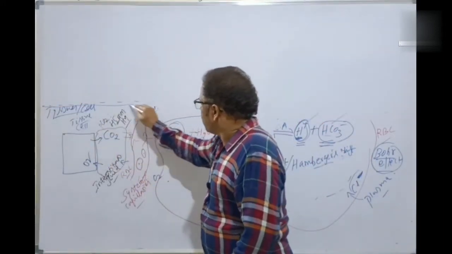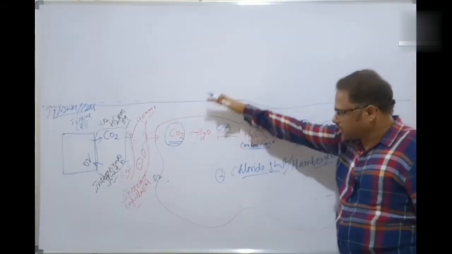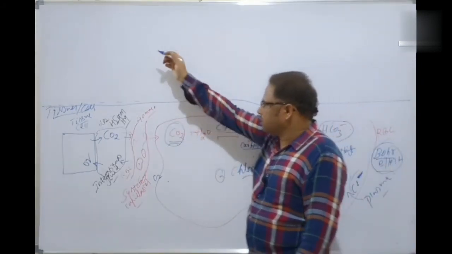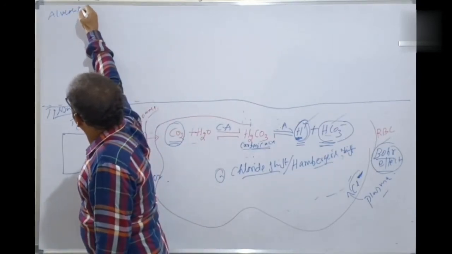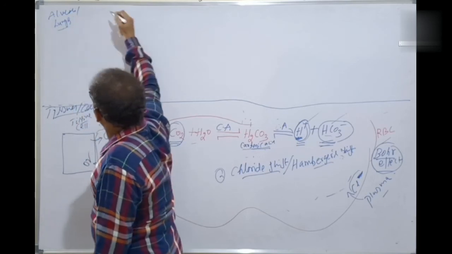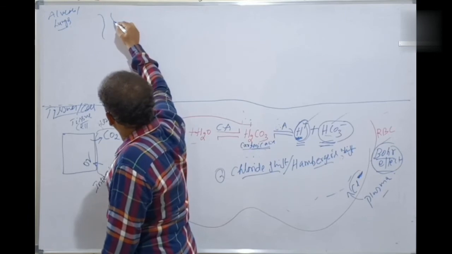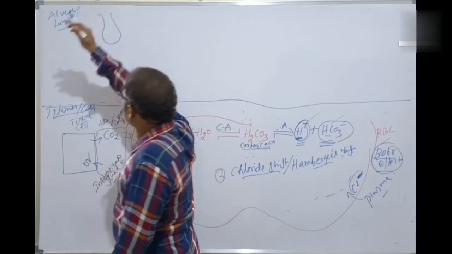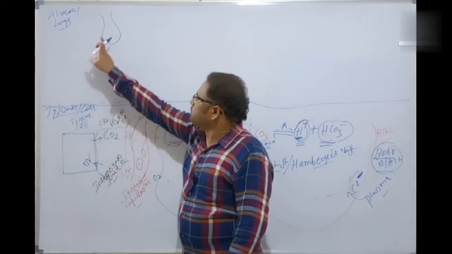That's why I had drawn this line. This is a tissue cell. Okay, here are the alveoli of the lungs. This is a representation of the alveoli, for example. Representation of lungs or alveoli, whichever you think, I don't bother. So this is the alveoli.